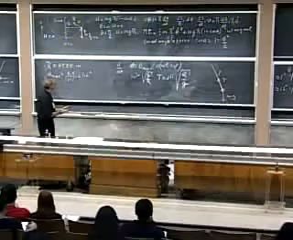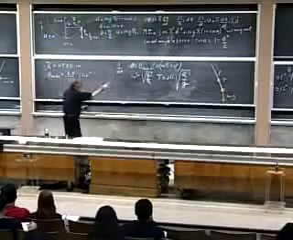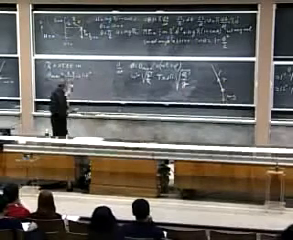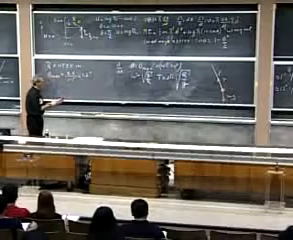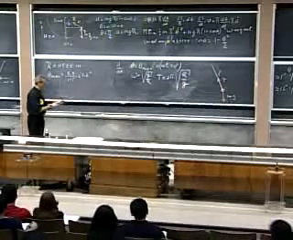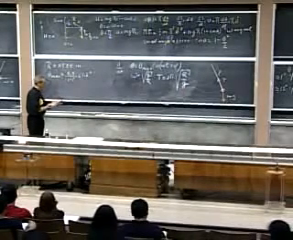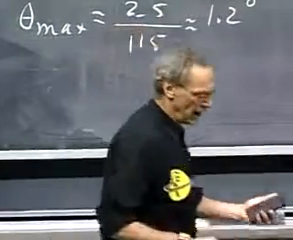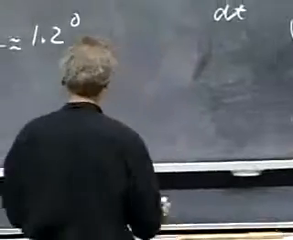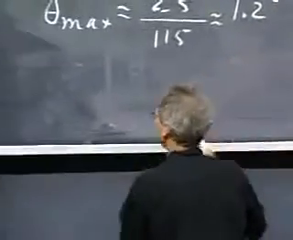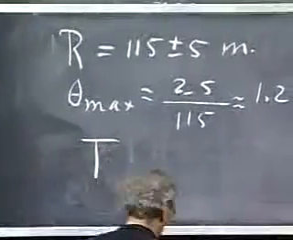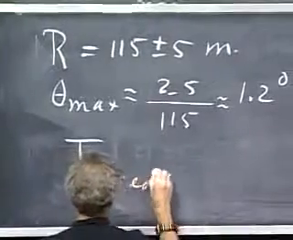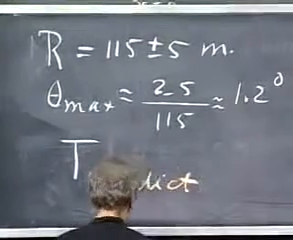And I'm going to do that. I take 2 pi times the square root of r over g, and r is 115. 115, I divide it by g. I take the square root, I multiply by 2, I multiply by pi, and I get 21.5. T, and this is a prediction, equals